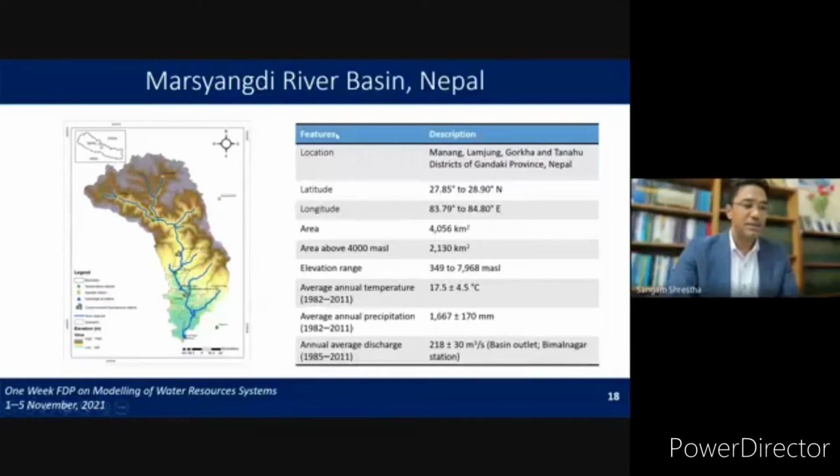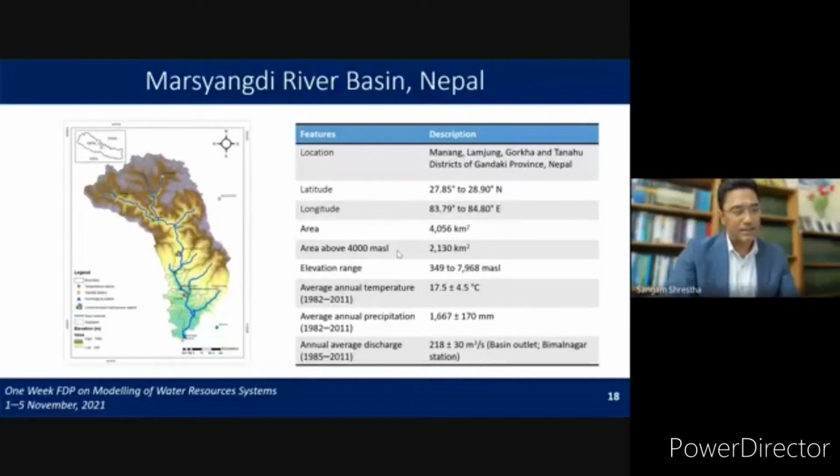So this Marshangdi River Basin in Nepal is located in the midwestern part of Nepal, and it has a catchment area of about 4,000 square kilometer. And very important is that almost 2,000 square kilometer of the area lies above 4,000 meter above mean sea level. It means that